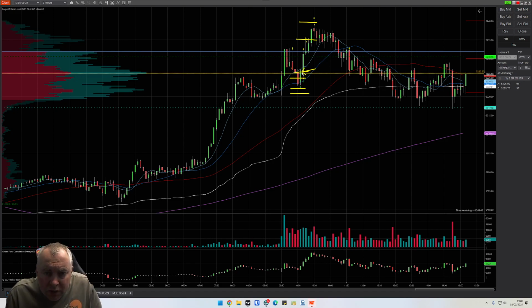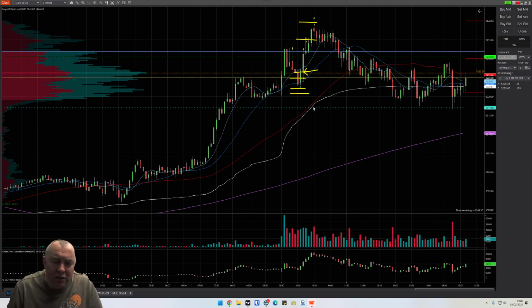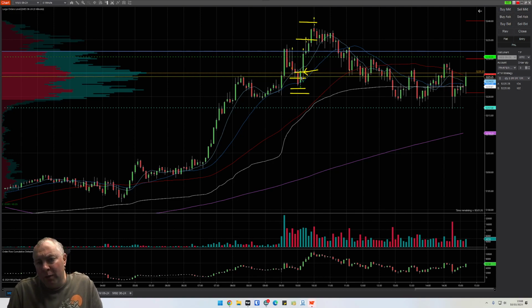So where was it? You can't really see it. It's just there. I got back in again. No, sorry, wrong one. It was there. It's hidden behind that yellow arrow. That's my entry there. So my plan is, if I get whipped out on the 10-tick target, 10-tick stop, I